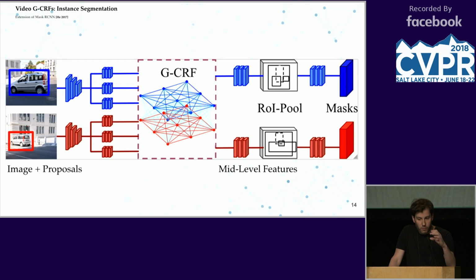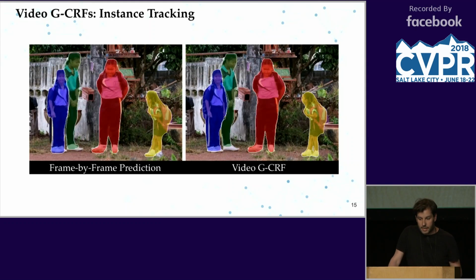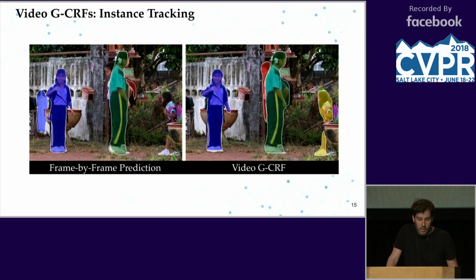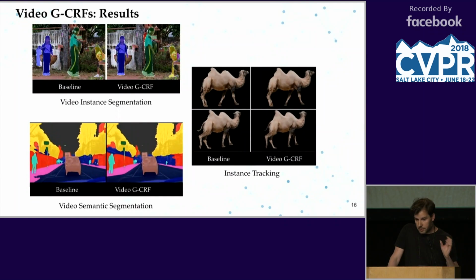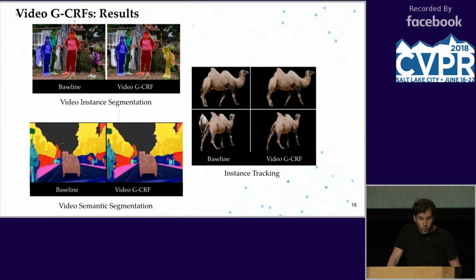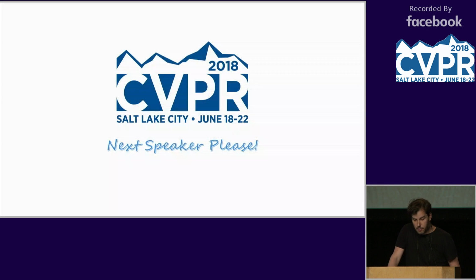So here we have two frames. We couple them halfway before RoI pooling, and this allows us to diffuse information both in space and time. This is what gave us the results I was showing in the beginning of this presentation. This is because the method is extremely efficient. It just relies on a linear system solution. So we have state-of-the-art results in 3 video segmentation tasks, and we can see much more of those at my